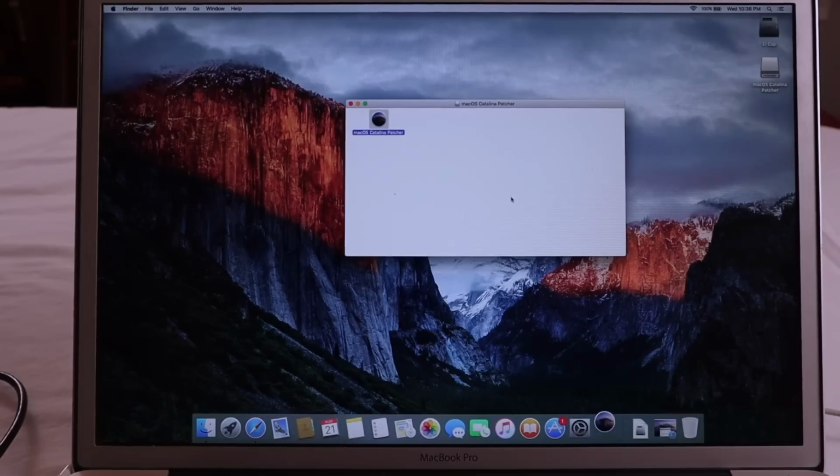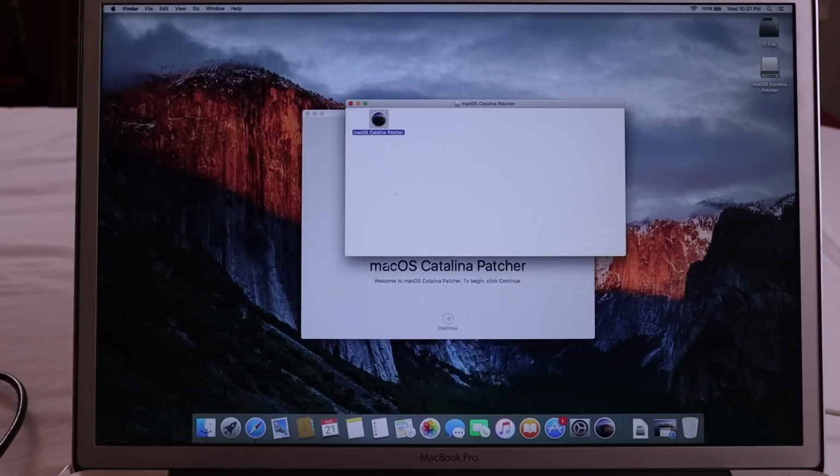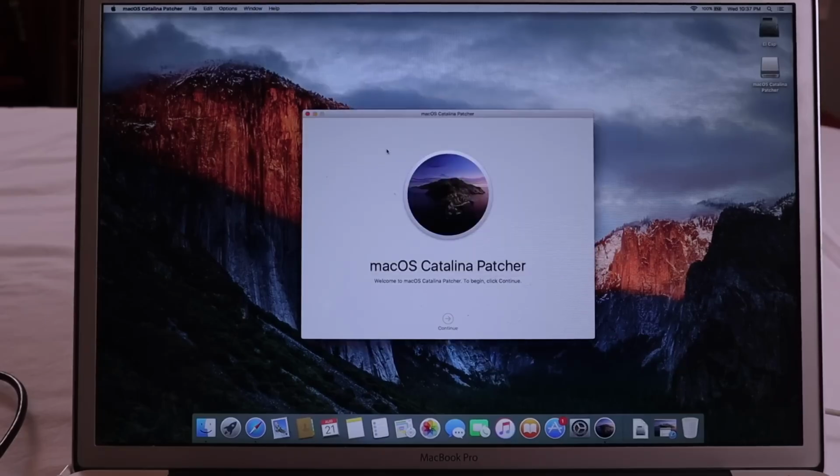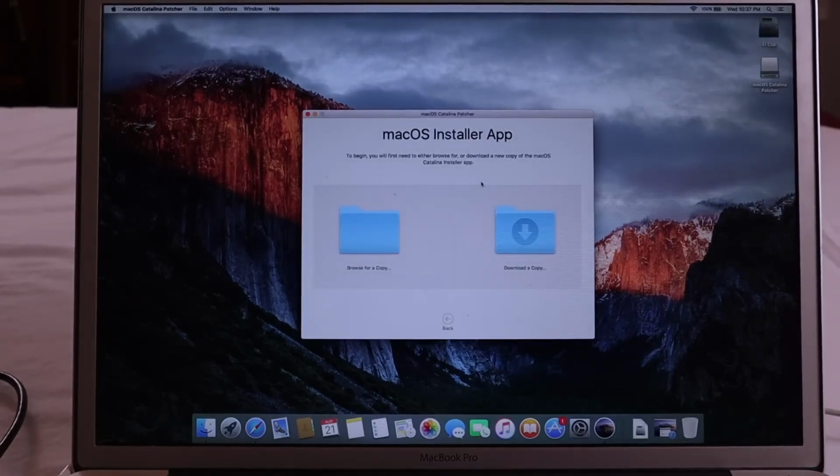So we'll go ahead and do that. It'll take a few seconds to verify it here. And when you get this window, just go ahead and select Open. So once you're in the Mac OS Catalina Patcher app, the process is actually very straightforward. So all you're going to want to do is select Continue. Continue once again, and right here you'll have an option of selecting or downloading a copy of the official Apple